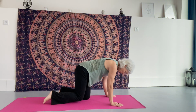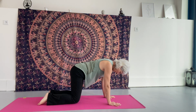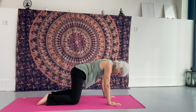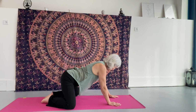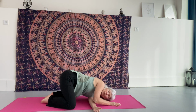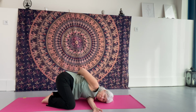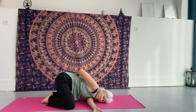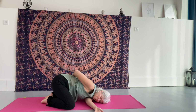So for this practice, we're going to start in a nice wide knee child's pose with a twist. So taking your time, coming into the pose, separate your knees to the outer edges of your mat or beyond. Ease your hips back to the heels, and we'll slide the left arm under. And for the moment, just allowing that right arm to drape loosely over the lower back. Settle into what feels like a comfortable position,